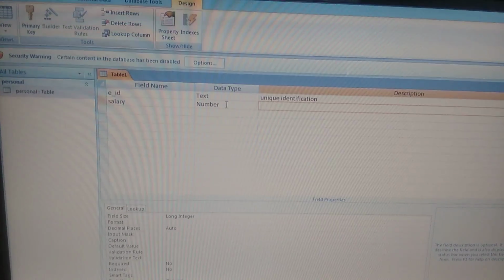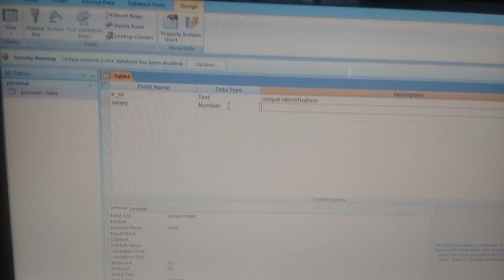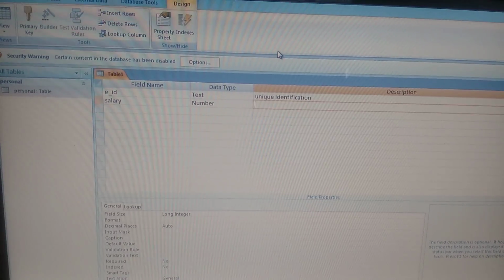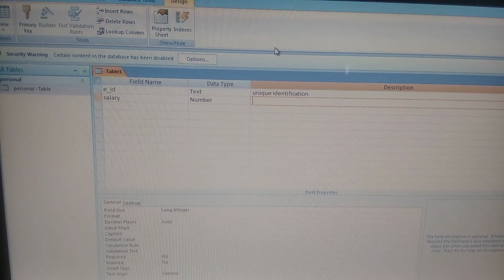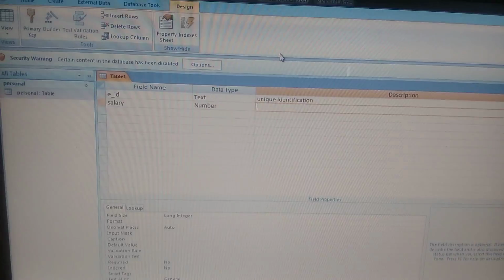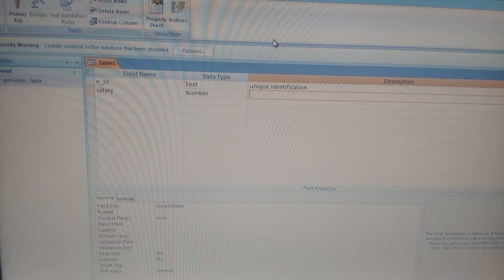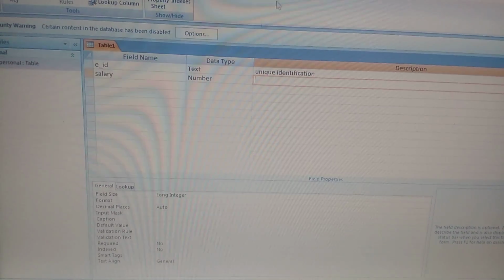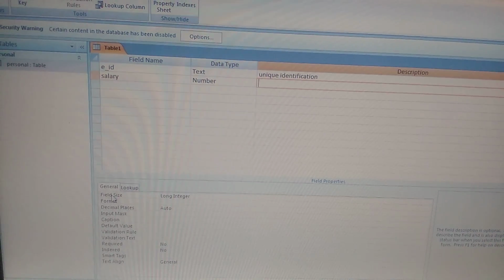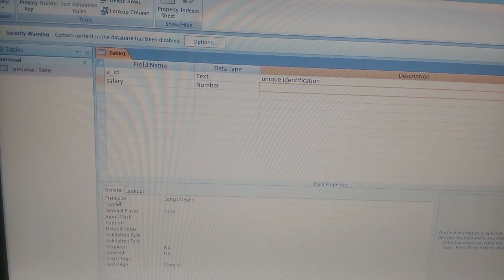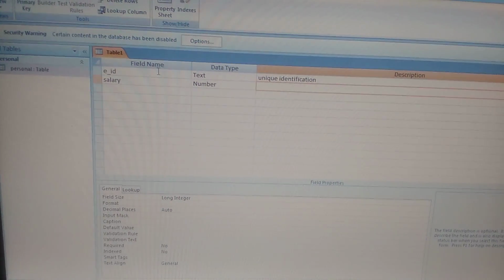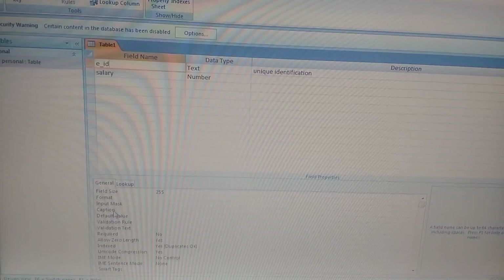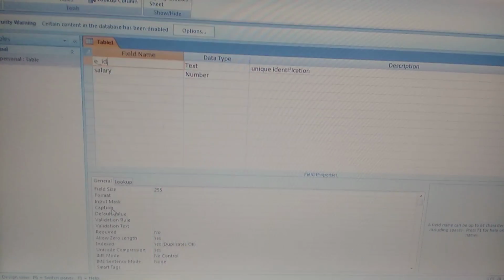Now we were discussing the table creation in table design view. In design view we create the structure of the table. Structure of the table means the type of heading and the type of data that we are going to store in a particular heading, and the description. And now I was telling you about some general properties related to a particular field or heading. Till caption I explained to you in the last lecture.